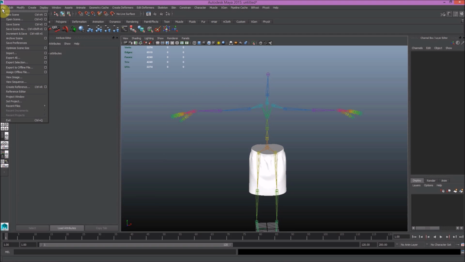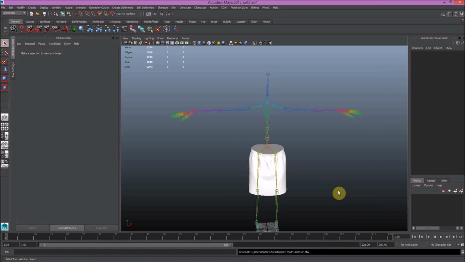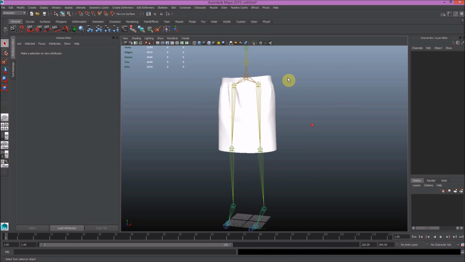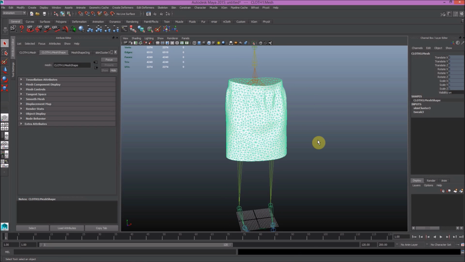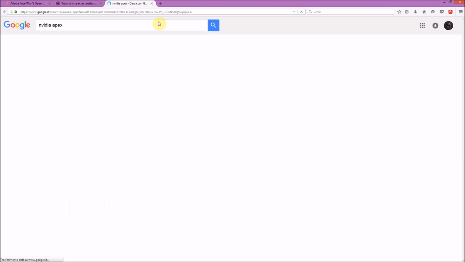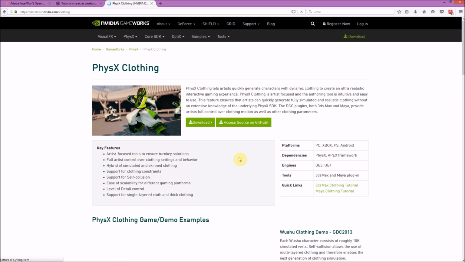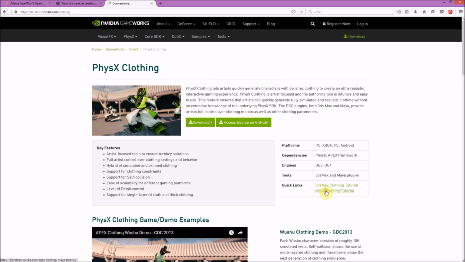So now we have to export this, so export all. We call this cloth 1 skeleton, so export all. Now we have to add Nvidia physics. Let's Google Nvidia APEX, then go to clothing, Nvidia, quick links, Maya clothing,